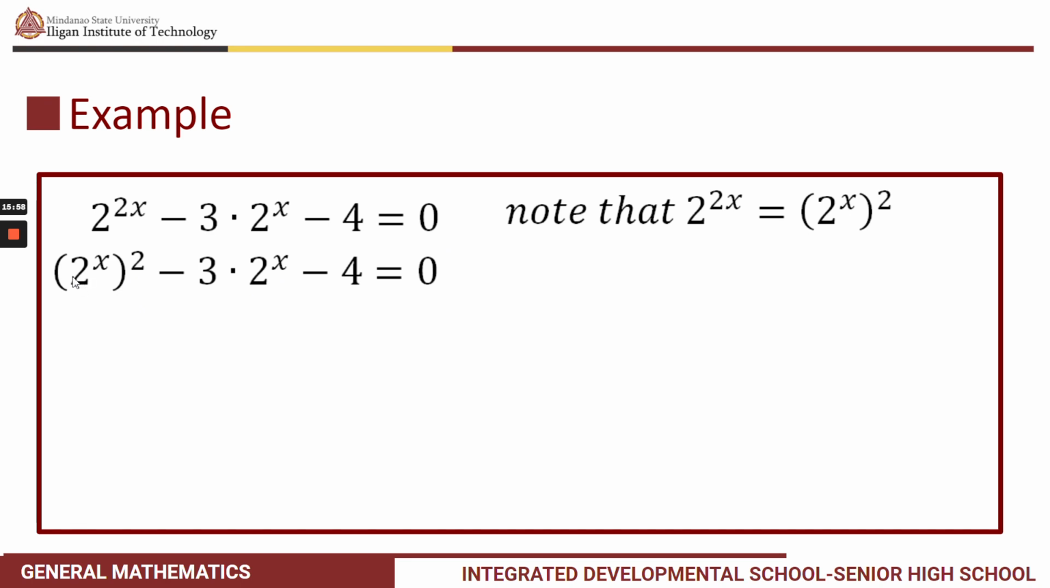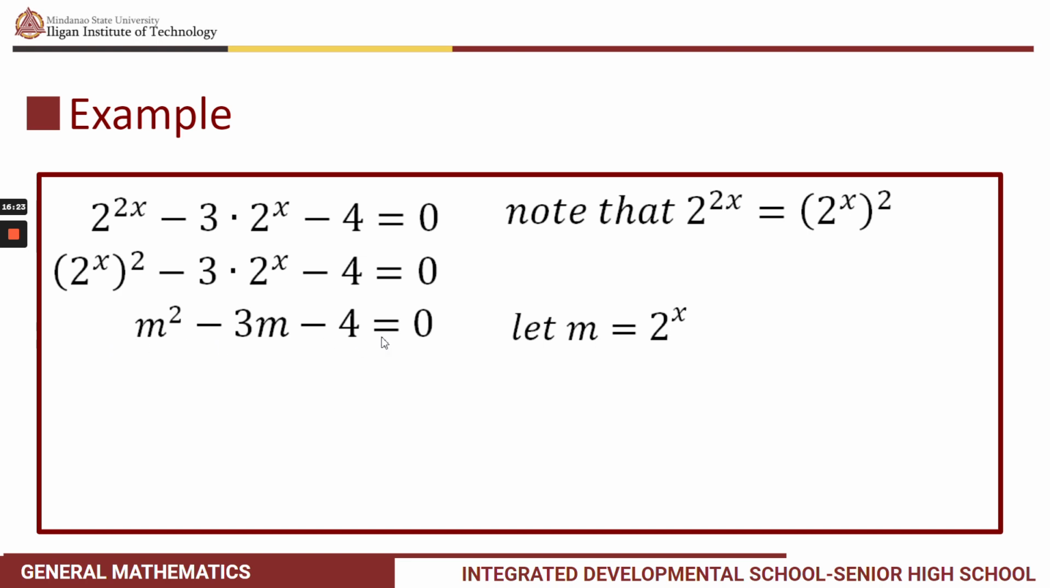kung i-change natin si 2 raised to x, makakabuo tayo ng quadratic na equation. So let's try na maging m to si 2 raised to x. Ayan. So if we let m equal to 2 raised to x, we will have m squared minus 3m minus 4 equal to 0. So we have here a quadratic equation, and this